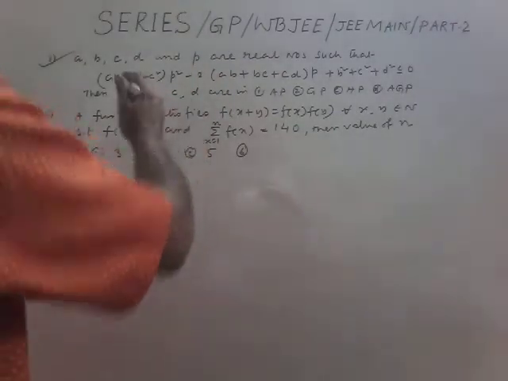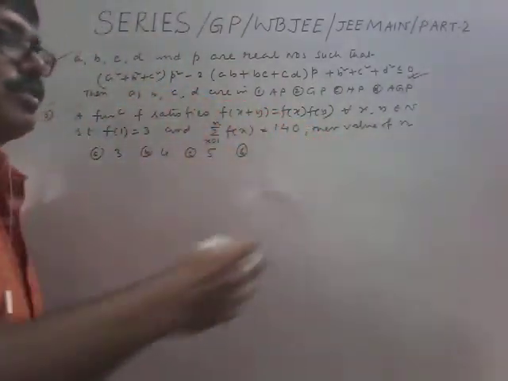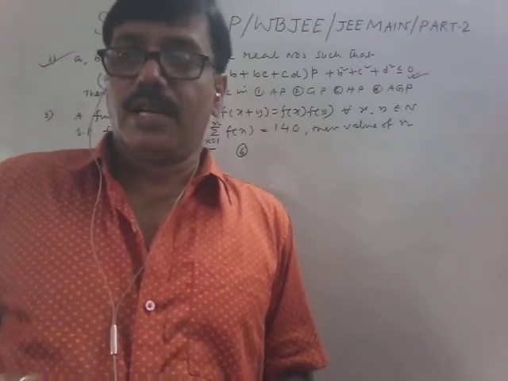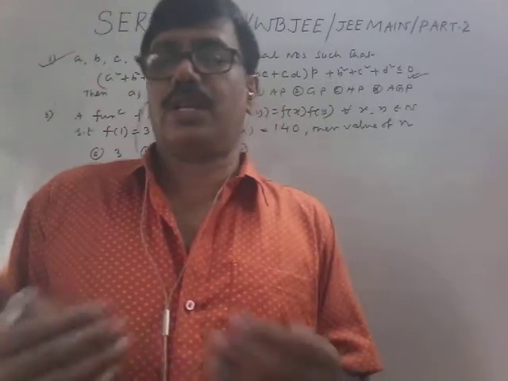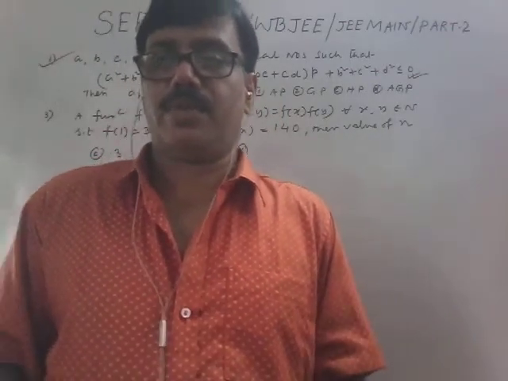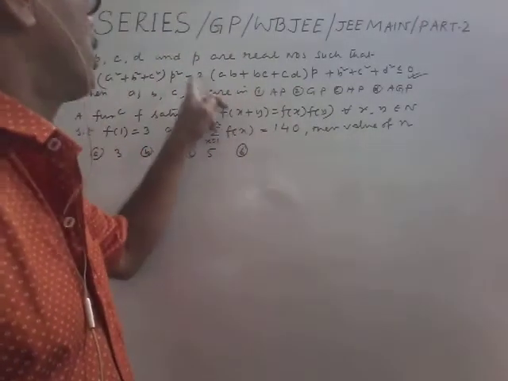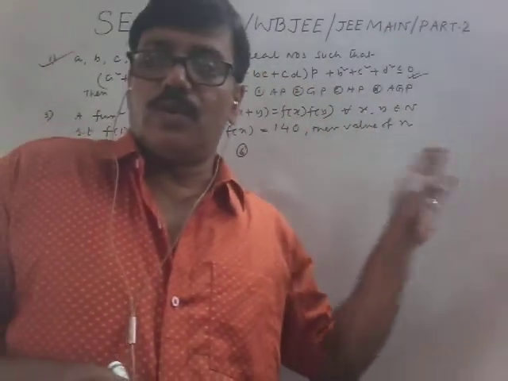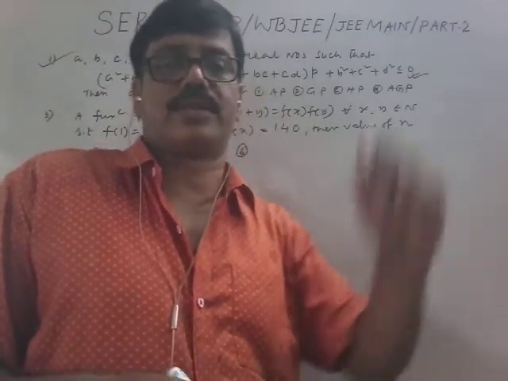So this is our relation. So this is less than 0. So we know a result: the sum of squares of 2 or 3 terms is always positive. It cannot be negative. So we try to use this theory in this problem. So one relation is given. We want to express it as a sum of squares.